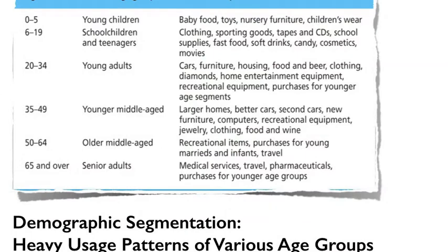Another important demographic segmentation is understanding at different ages what people purchase. At different times in your life, you have different needs and wants. It's an interesting chart. Young adults buy cars, furniture, housing; older middle age, recreational items, purchases for young people. So understanding these different age groups and what their needs and wants are will help you target